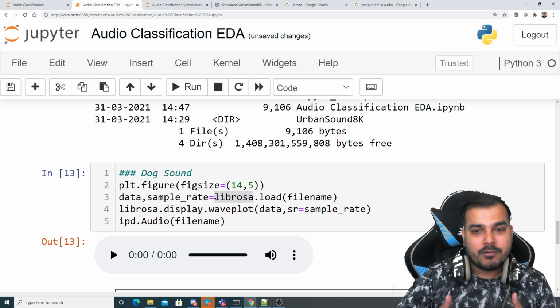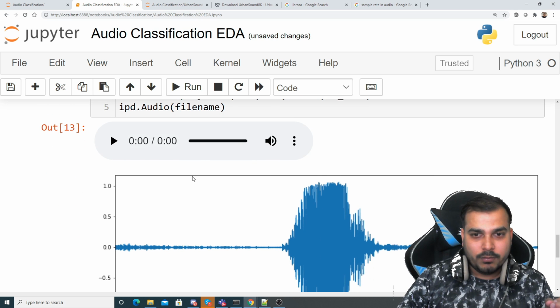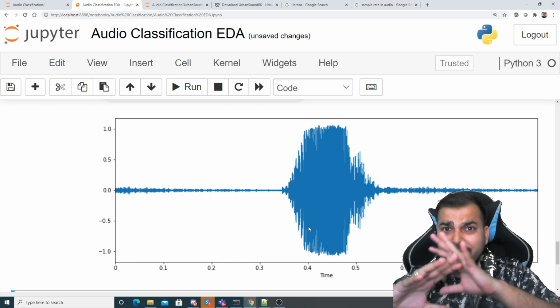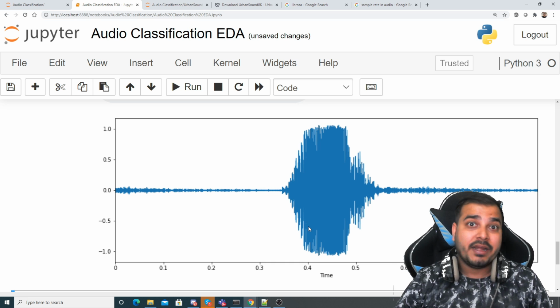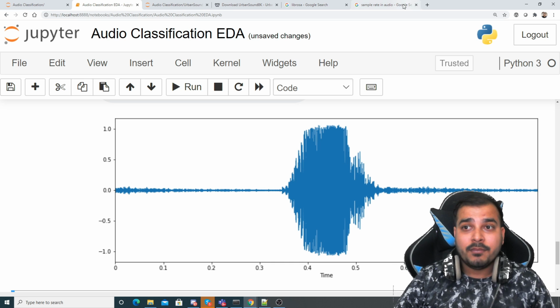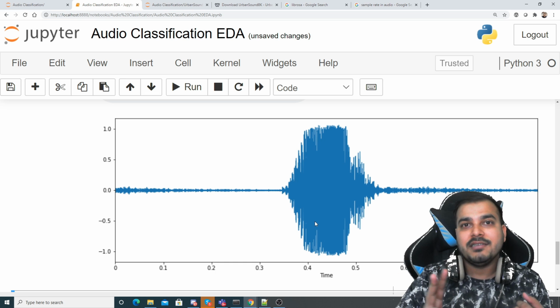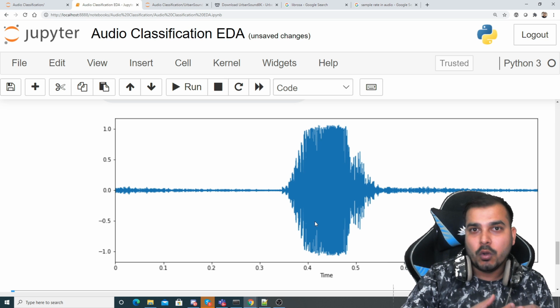We can use the SciPy library, but understand one thing over here, librosa will play a very important role, because in an audio, there may be different sample rates also. Sometimes in one of the audios, if I talk about channels, there are two channels in a specific audio. One is called stereo and one is called mono, right?